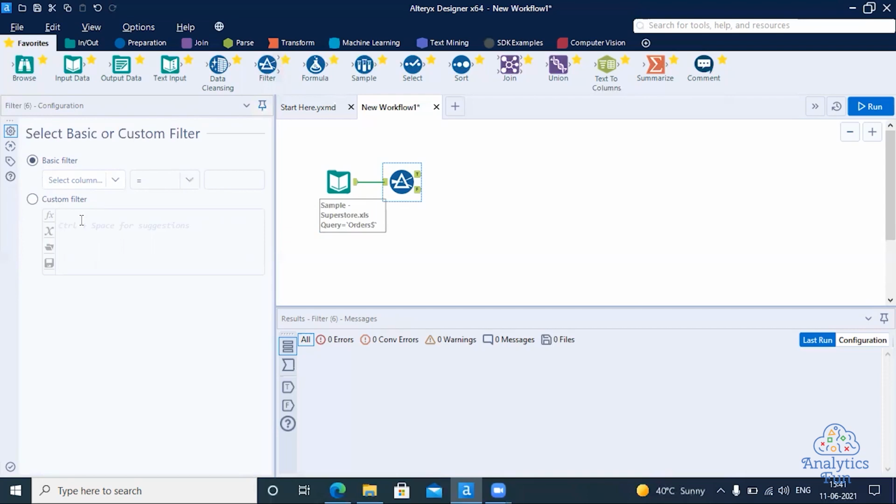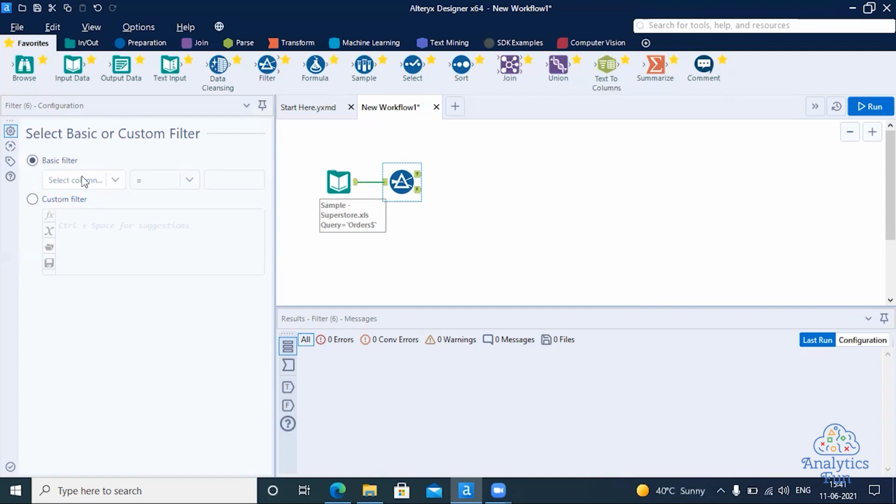So first I will do this particular problem statement using the basic filter, that is, using three basic filters: one for date, another for category, and a third one for the state. And then I will show you an alternative solution in which you can use only one custom filter.